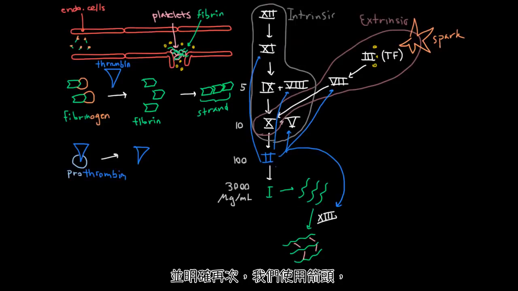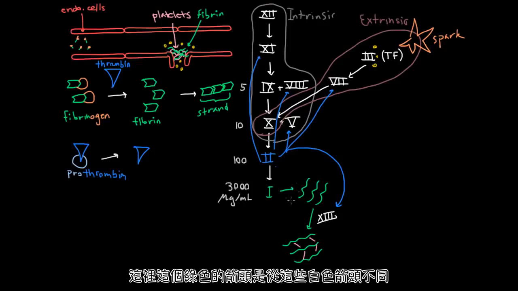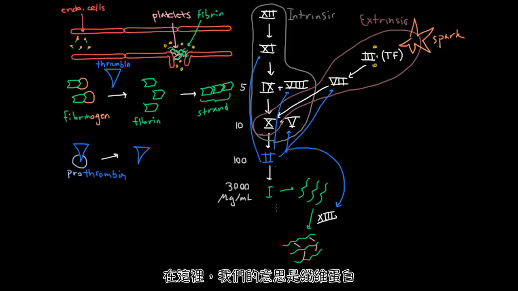And to be clear again with our use of arrows, this green arrow here is different from these white arrows in the sense that here we are saying that fibrin is going to become fibrin strands, which is going to become interlaced fibrin strands. So if this was all there was to the story, then every time you had a